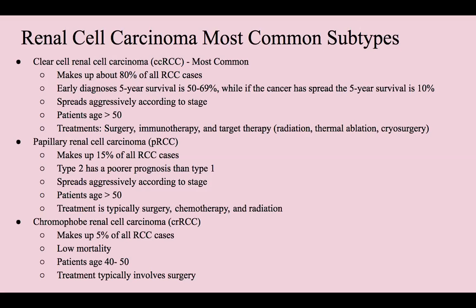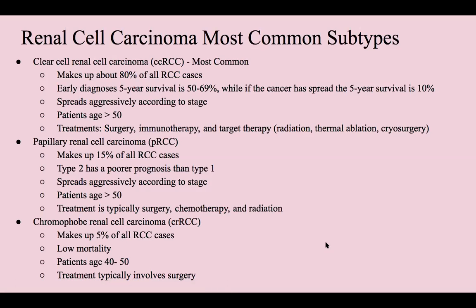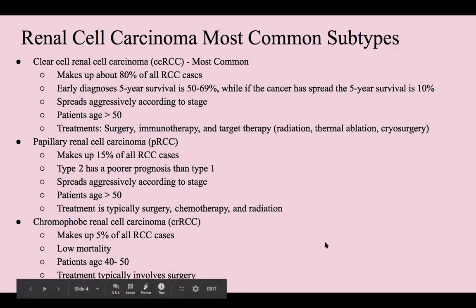The prognosis on that one is a little bit tougher to determine because it's so rare. Not many people have actually had it, so the statistics are typically inaccurate. And chromophobe renal cell carcinoma has a fairly low mortality and only makes up about 5% of all RCC cases. Clinically speaking, the subtypes we are focusing on with sunitinib is advanced RCC and those who have had a nephrectomy